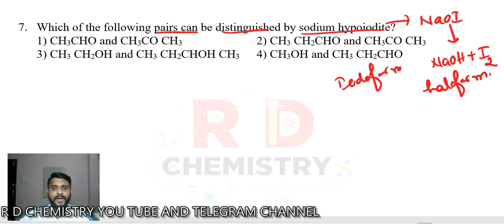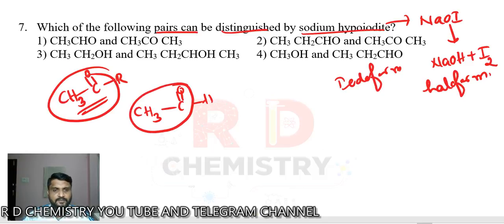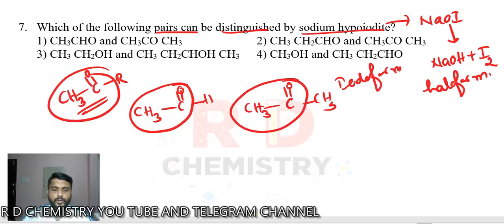Now, you know that to answer the iodoform reaction, the compound must contain the CH3CO group like this and any other R group. They should be CH3CO together. Methyl keto should be together. Now, if you see the first option, there is CH3, C double bond O, H, correct? So it can answer, because there is a CH3CO group, it can answer the iodoform reaction. See that in the same first option, there is CH3, C double bond O, CH3. The compound contains CH3CO together. Both contain CH3CO together. Both can answer. If both can answer, it cannot distinguish. One should react, the other should not react. So first one is not the answer.